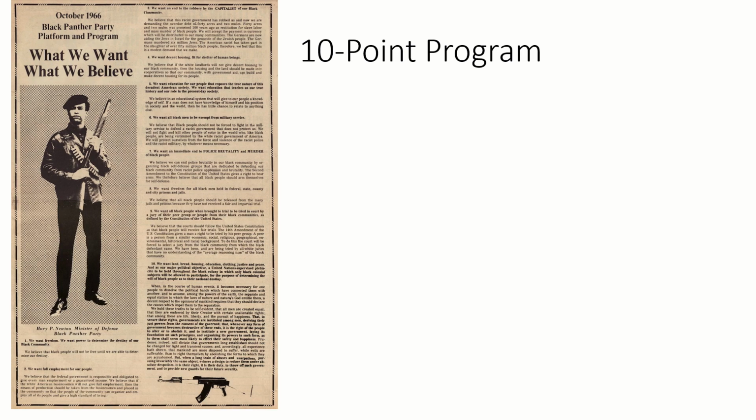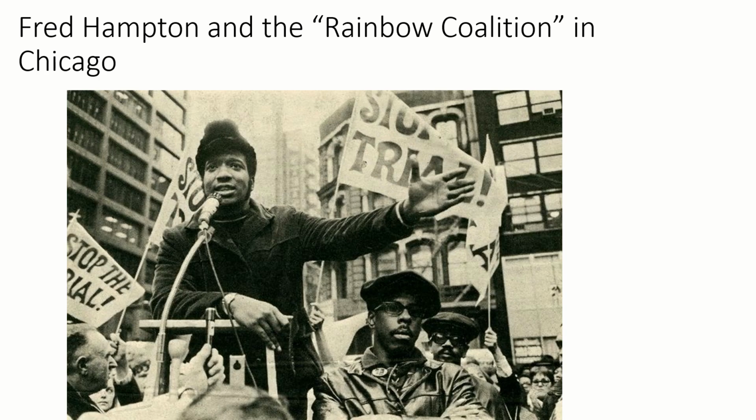way of life. But the Black Panthers, for their part, put out what they believe in the 10-point program, which we will read in class. And so, although the image of the Black Panthers is violent, much of what they ask for is not. And in Chicago, the Black Panthers were epitomized by a man named Fred Hampton, who managed to band together groups of poor Latinos, whites, and blacks into Chicago's first and only successful Rainbow Coalition.